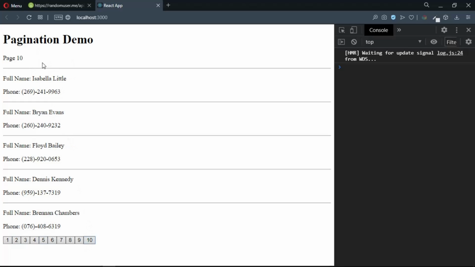Click 10, page 10. All right, so I think that's it for this project, guys, and I hope you learned